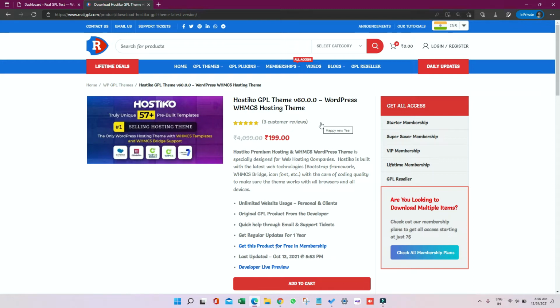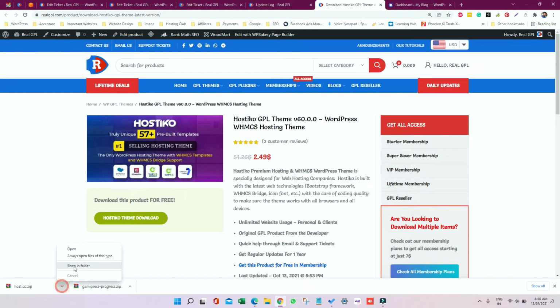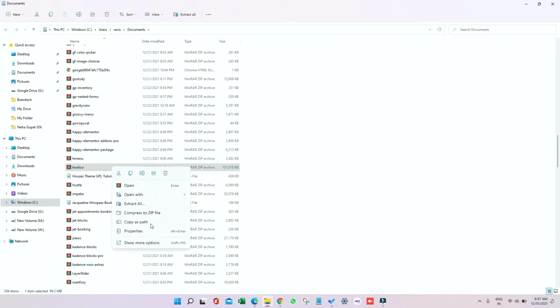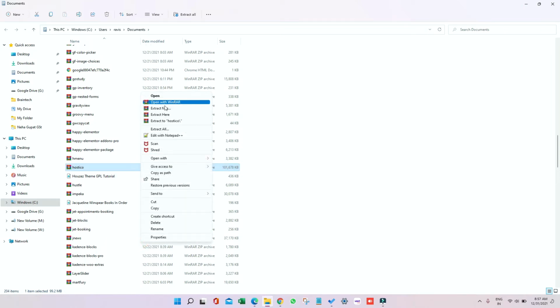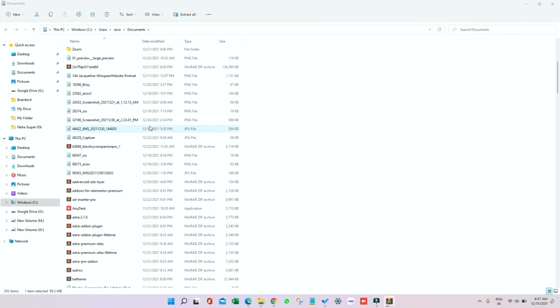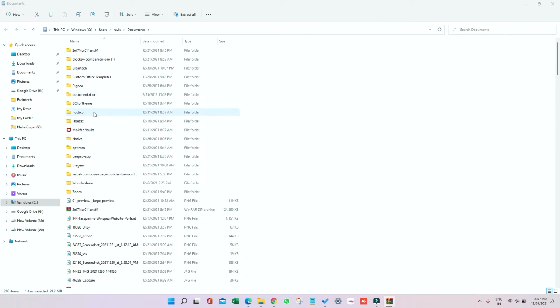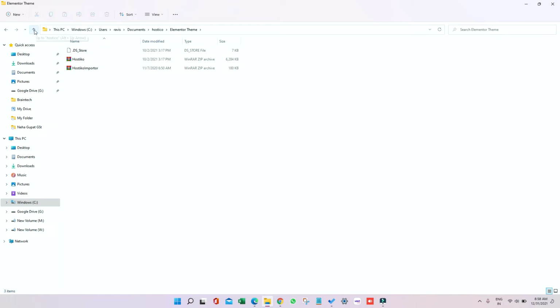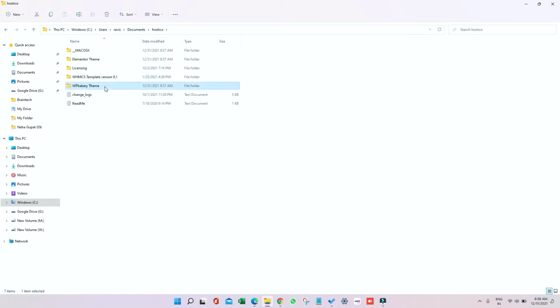First of all, download it, which I already have done in my Chrome browser. You can see here. Now I'm going to the respective folder. First of all, what I will do, I will unzip it. Once unzipped, we'll see the contents. So you can see like we have unzipped Hostico theme here. And inside this, you can see like we are having Elementor theme and we are having WP Bakery theme. So in this theme, if you want to go with Elementor, then install this one. Otherwise, if you want to go with WP Bakery, in that you should install this one.